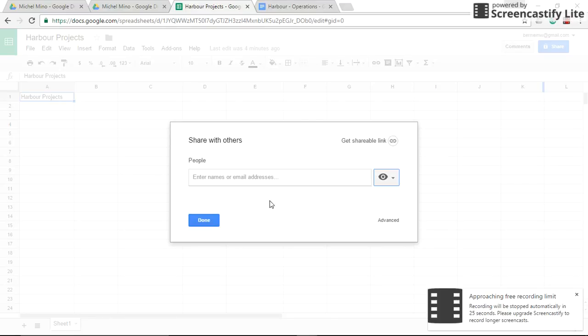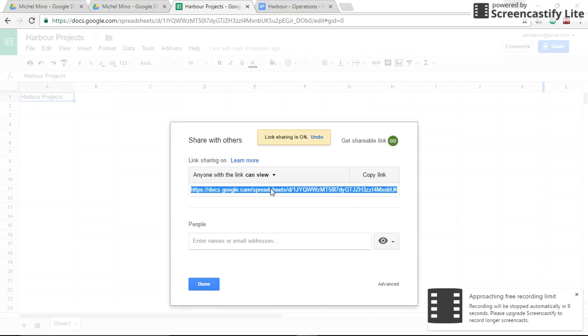Now, for people who don't have a Gmail account, because a lot of people wouldn't, you could also just get a shareable link. So you could have people who could view this, share with others, and you get a shareable link. So it's just for viewing. Click that. Now, here's anyone with the link can view. So you copy this. Now that link, you can email to everybody in the